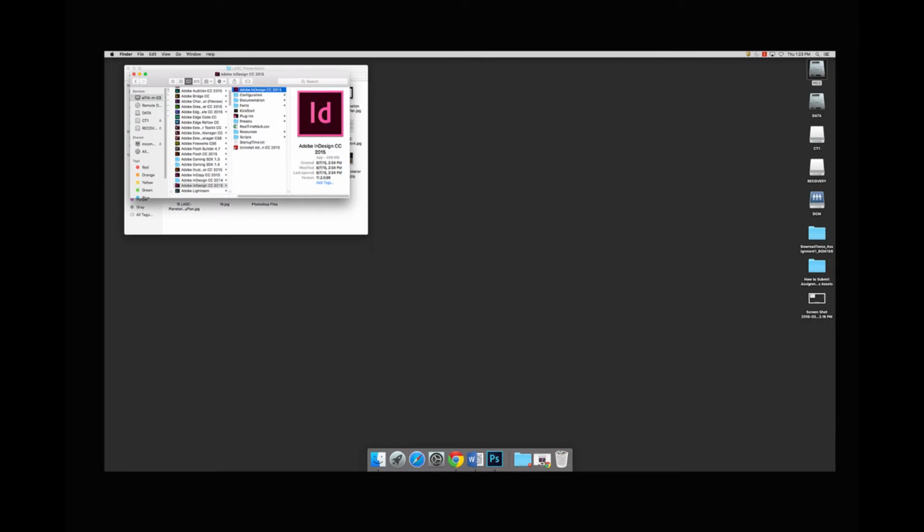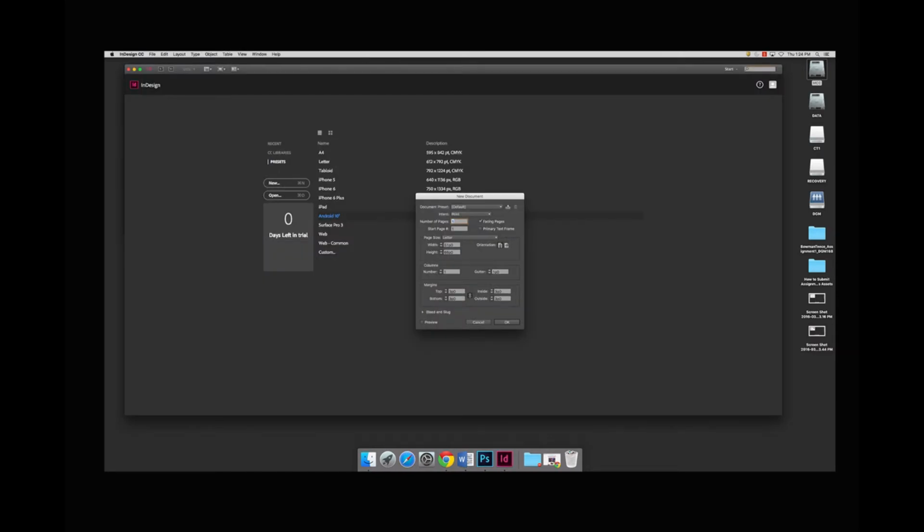Next, you will want to open InDesign from the Adobe Programs file. Once inside, you will want to be sure to select a landscape format. InDesign is automatically set up to give you either 8.5 by 11 inches portrait orientation or 11 by 8.5 inch landscape orientation. All you need to do is to select the correct one from the orientation button in